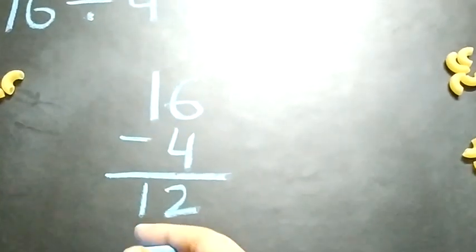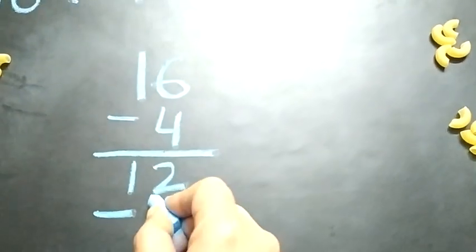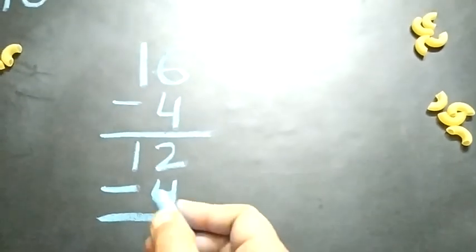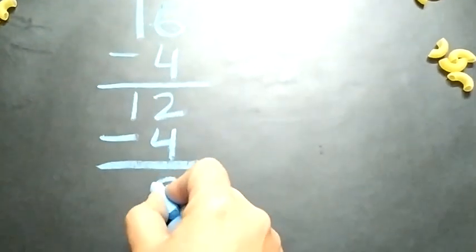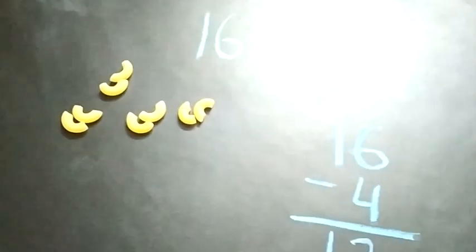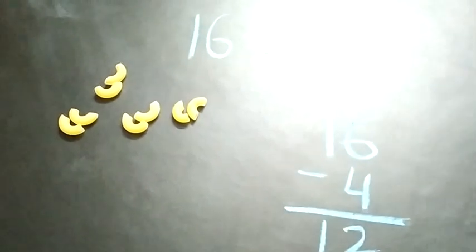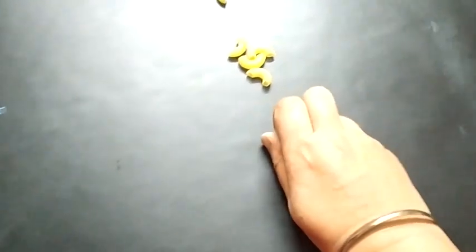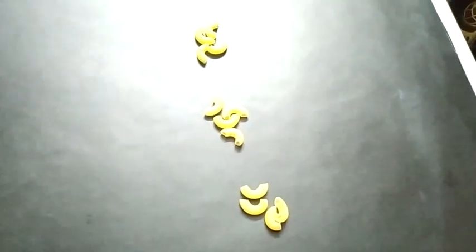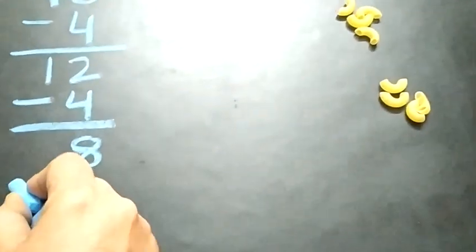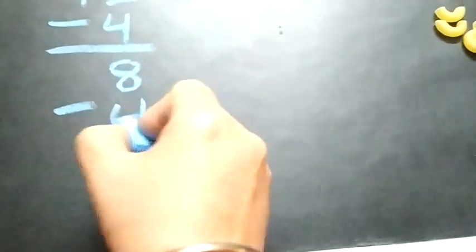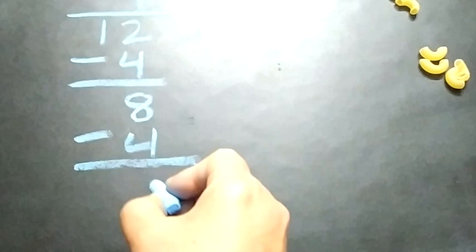Now again we have given 4. So we will subtract 4 here and see, 12 minus 4 is 8. Yes. See, do we have 8? Yes, we have 8. Now what do we have to do next? Next time again we will give 4 more candies to the next friend. Now the third time we have given 4. So again, because we have given, we will subtract 4 again. And what are we getting? 8 minus 4 is 4.